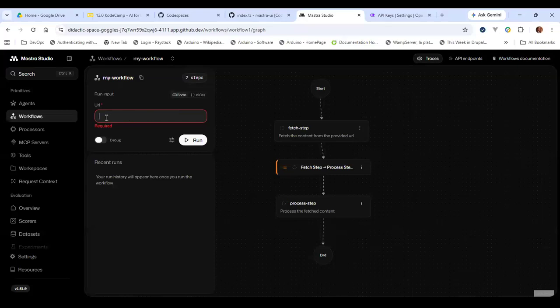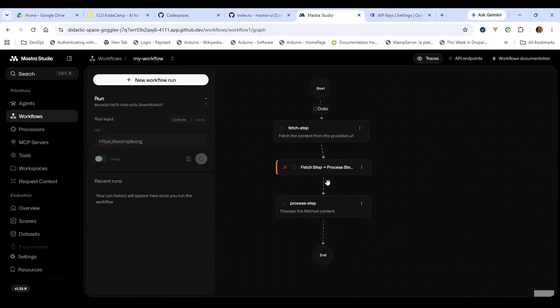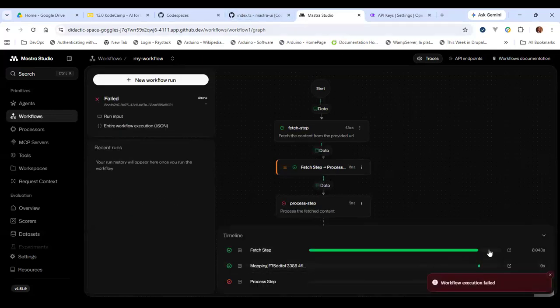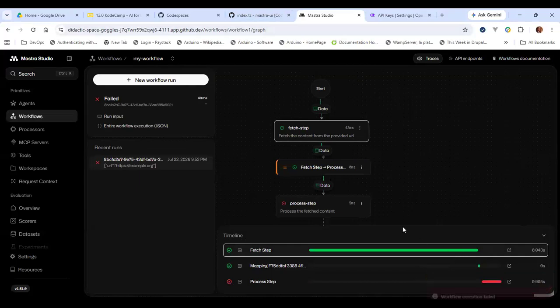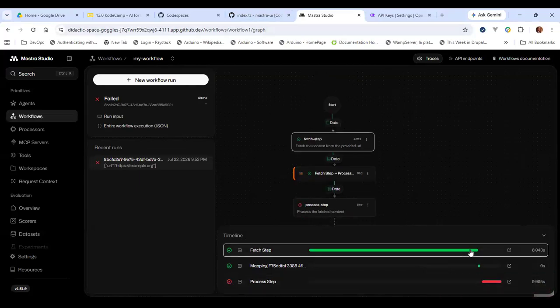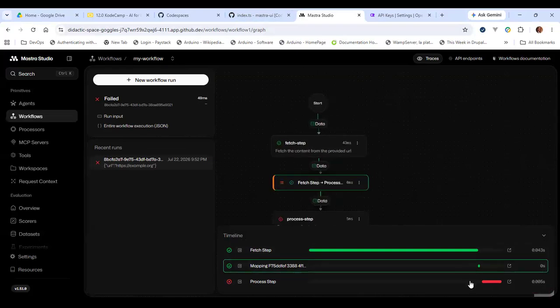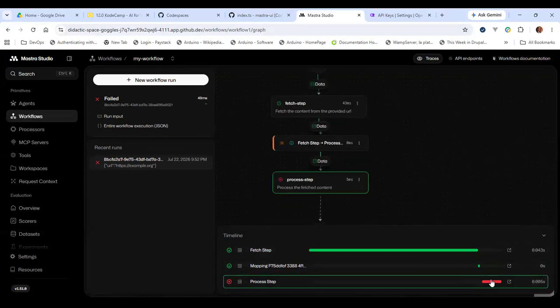So if I just say HTTPS example and run, it's actually going to fetch because remember our thing was a fetch step, right? And it's giving us, yeah, it worked. And then the mapping step, but the process step fails, right?